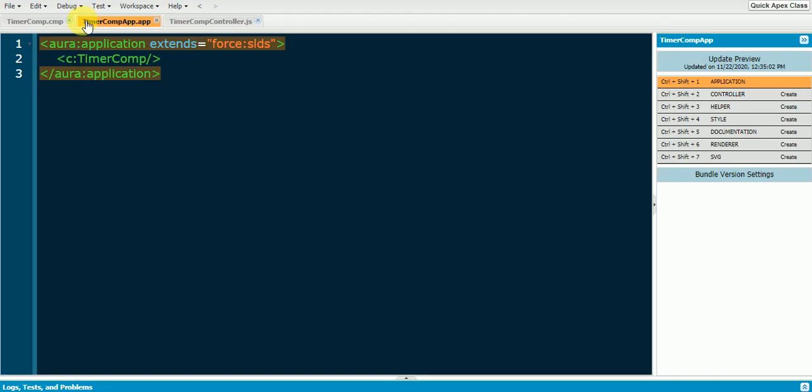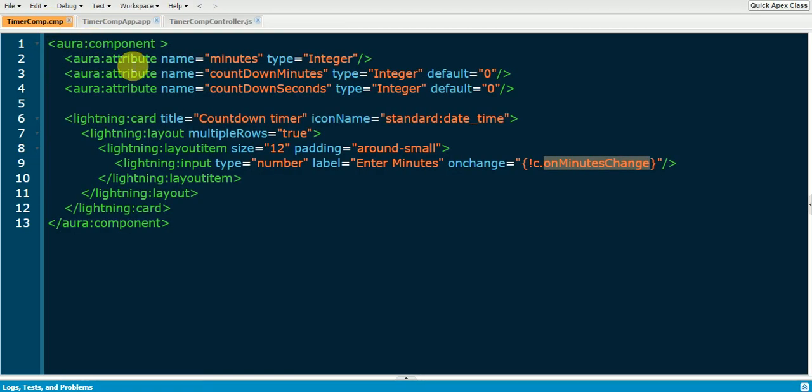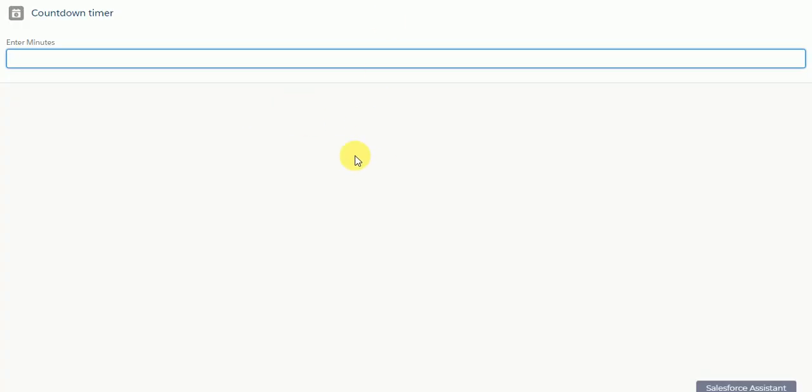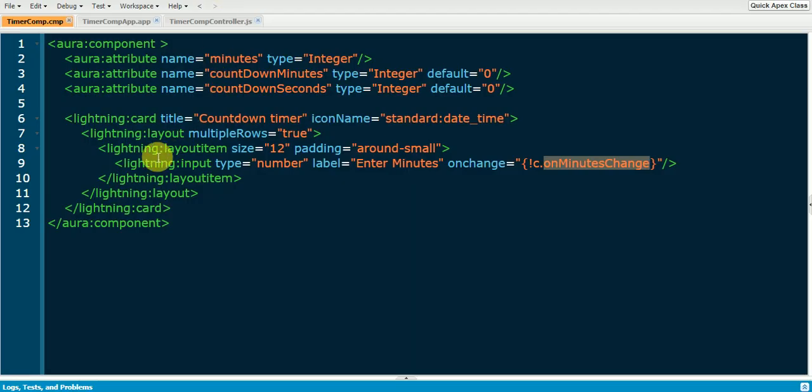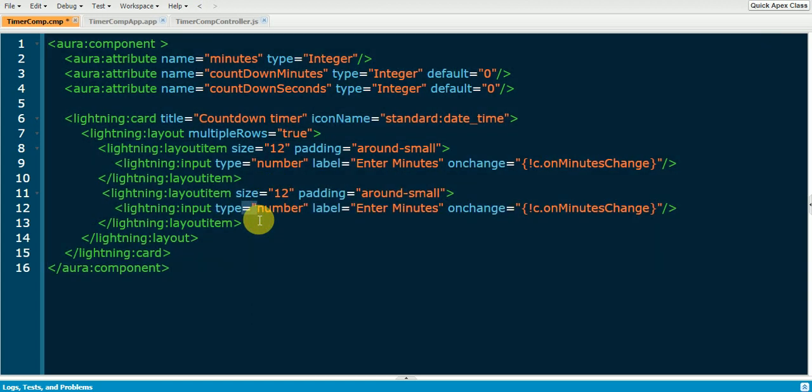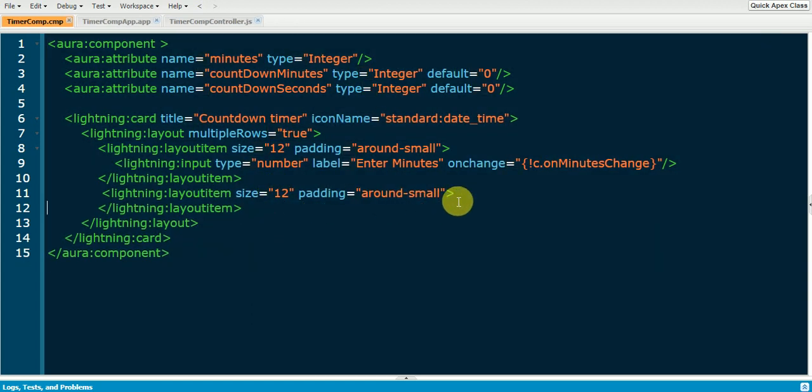Yes. The next step is go back to your component. I'm gonna add the timer right below this text box, right below this lightning input type is equal to number. I'm gonna add a timer right below this. So I'll just add another layout item. This time it's not lightning input.